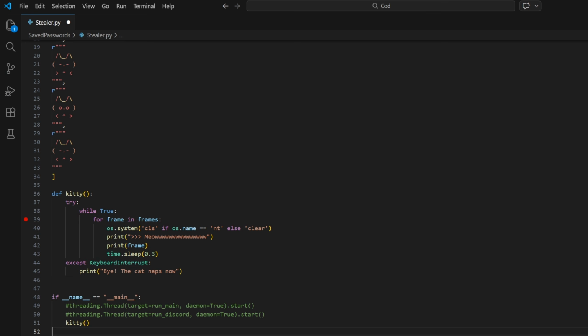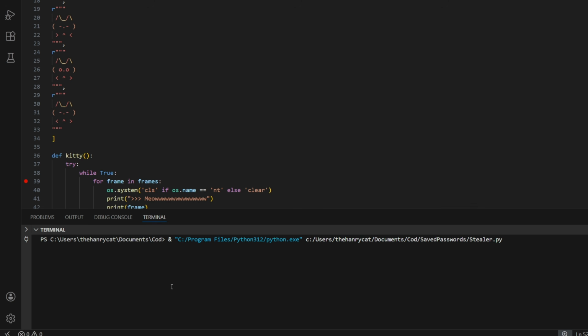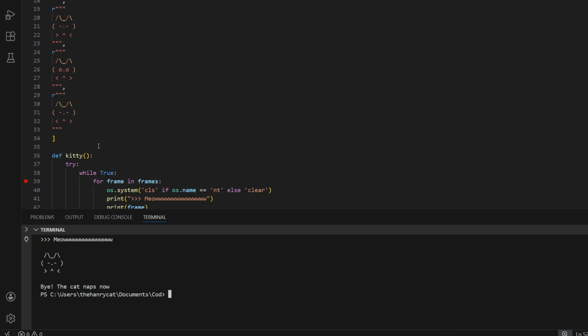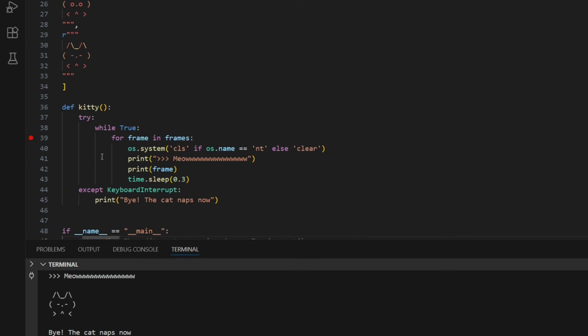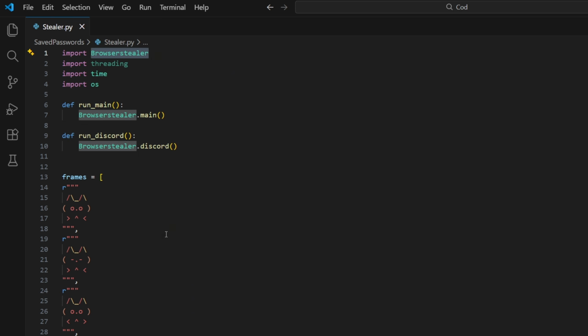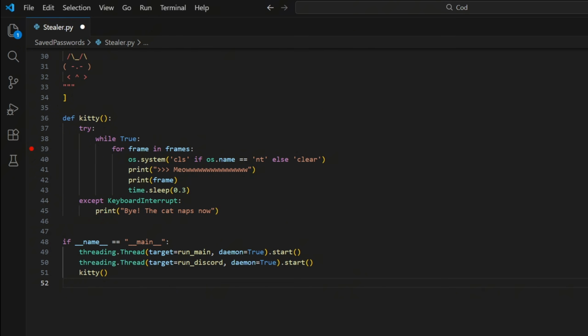Check this out. I have this very silly Python script. Apparently, it doesn't do anything. When I run it, it just shows a little animation and stops after a keyboard interrupt. But if you notice, I have 2 lines of code commented out here, and this browser stealer module looks a bit suspicious. Now, if I remove these hashtag symbols from those 2 lines and execute the script one more time,